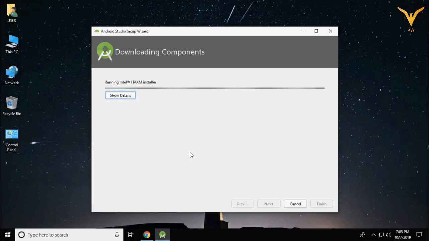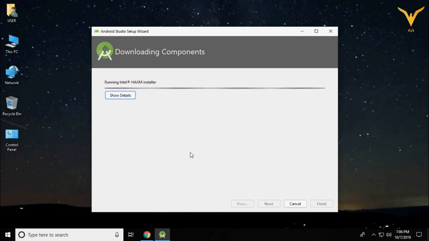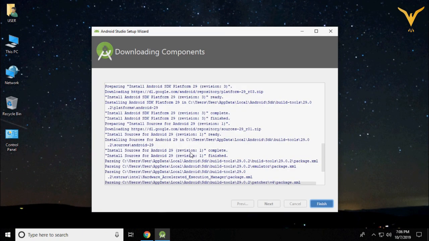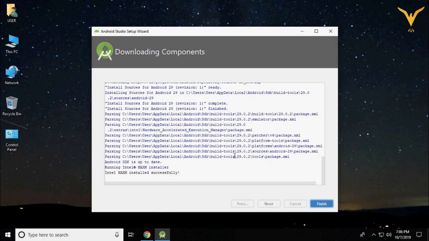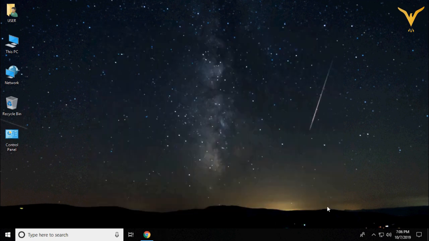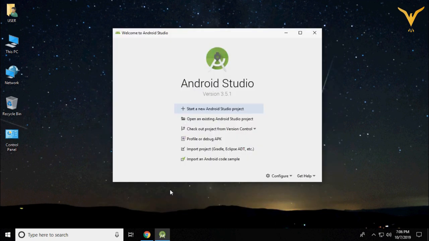We are almost done with the downloading. It's just checking whether some components are missing or not. Yes, we are done with the complete downloading and complete setup for the tool. Click on finish. Yes, Android Studio is installed successfully.